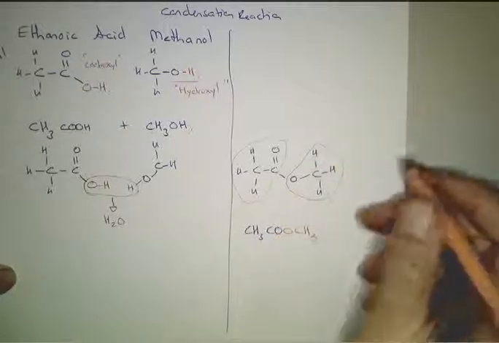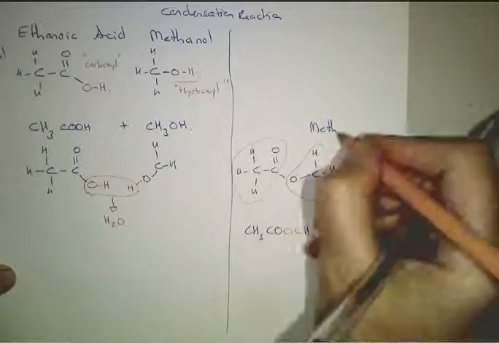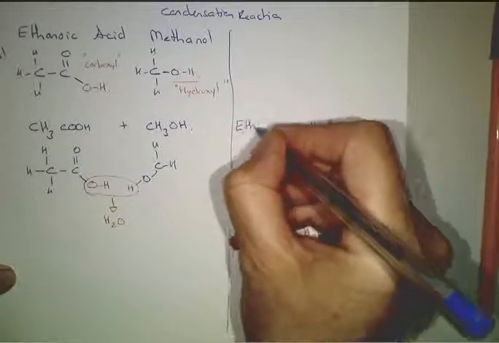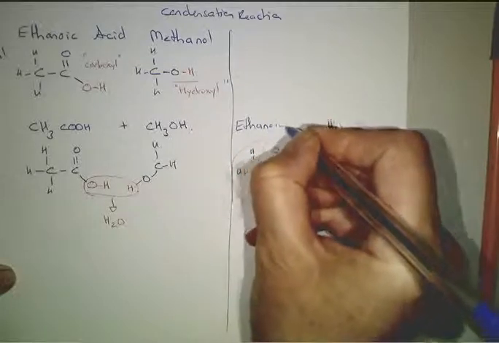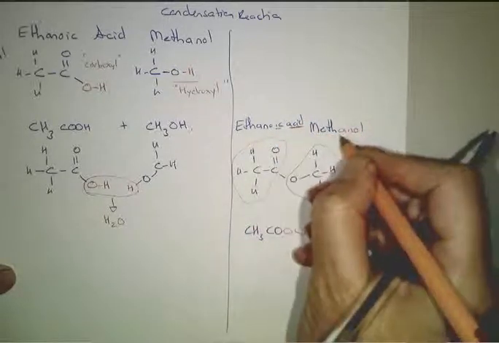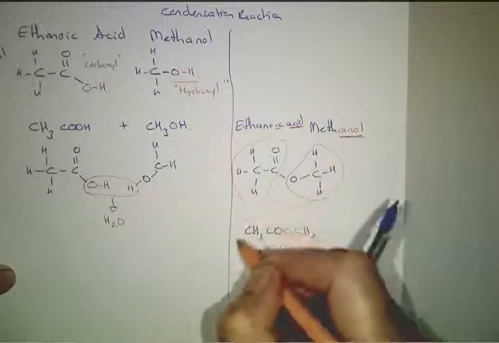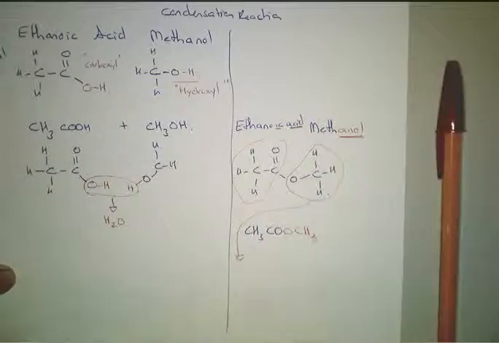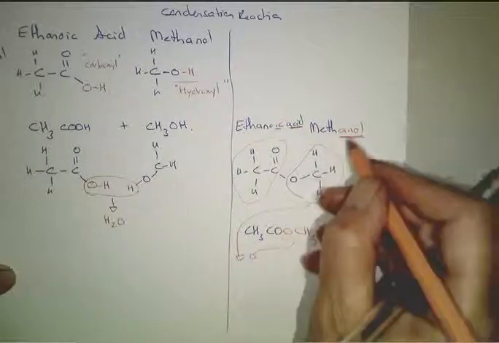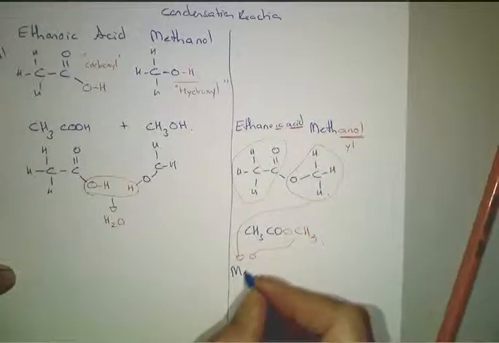So when we're naming it, this used to be methanol, okay, and this used to be ethanoic acid. So the ic acid is going to change, and the anol is going to change. So strangely enough, when you're naming them, you name the alcohol first. Okay, so it's meth, and we change this to il, so it's methyl, and